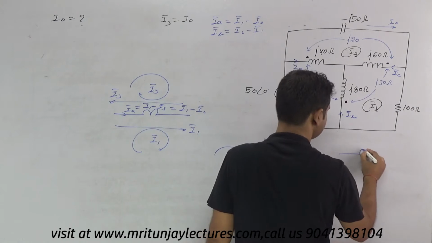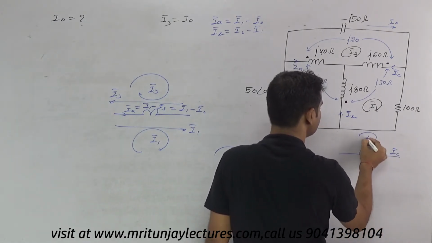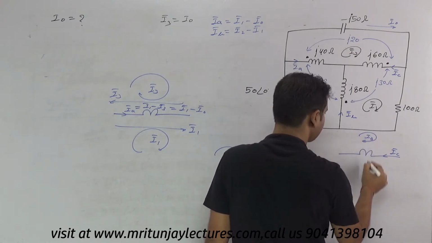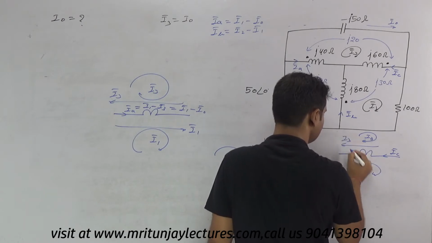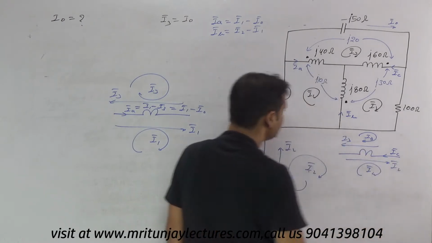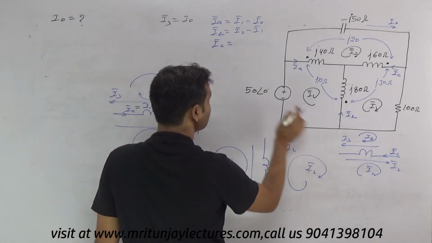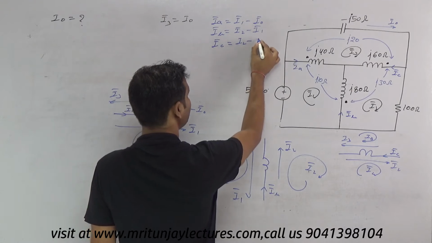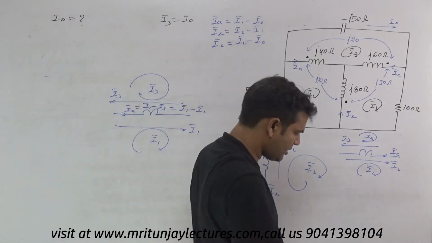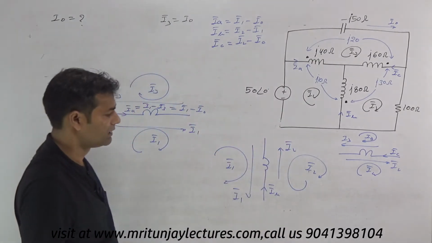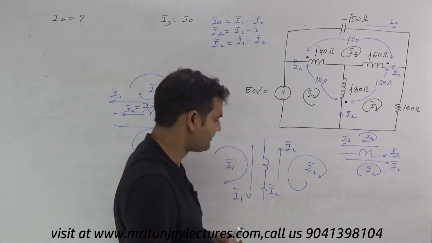Now another way, in this branch that is IC, this one is I3 and that is I2. Okay, direction of I3, direction of I2. So what about IC? IC is written as I2 minus I3, or I2 minus I naught. Clear? What about I1? What about I2? What about I3?